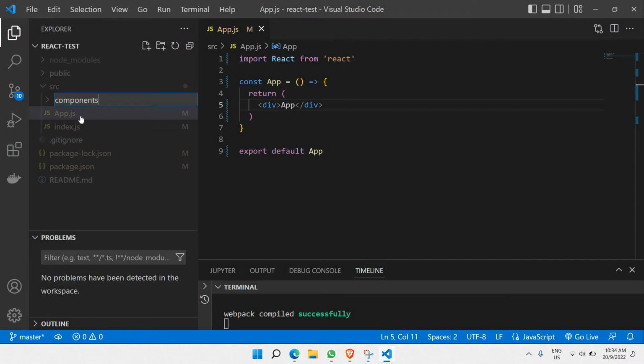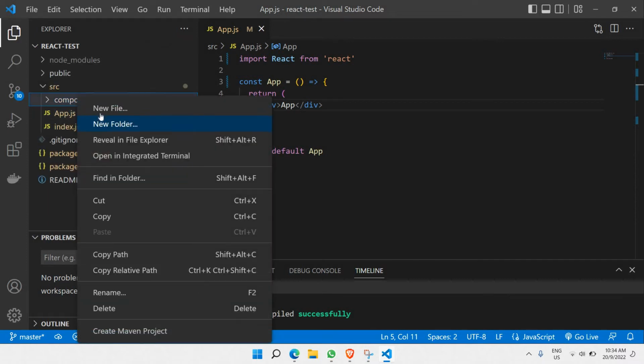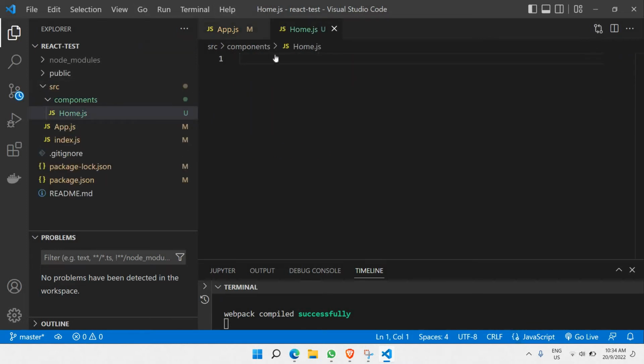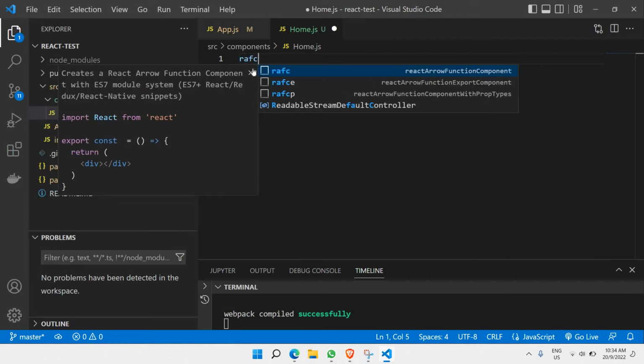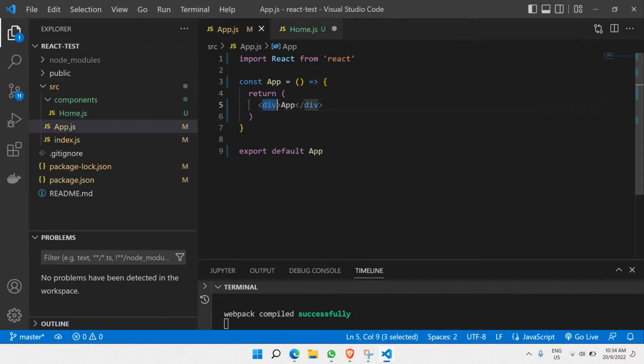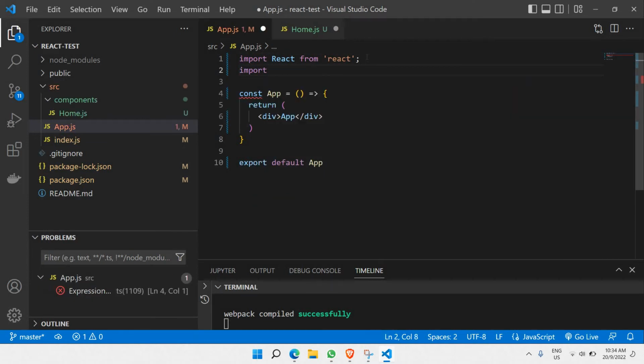and inside the components folder is where we're going to add a new page called home. So home is the one that we're going to have in this case. I am inside home, and as usual we'll be creating the functional component for the home page, for example with RAFCE. As you can see, the home page has already been created. Now let's display the home page inside app. First, you need to import home. So import home